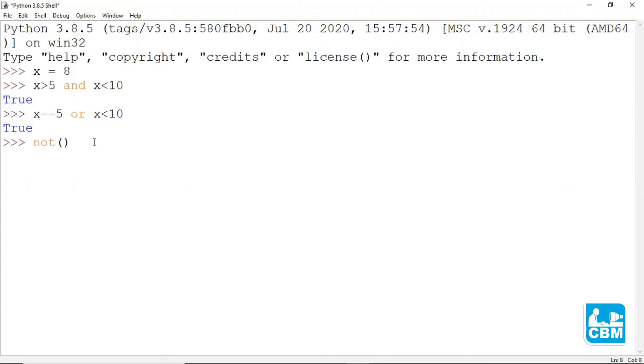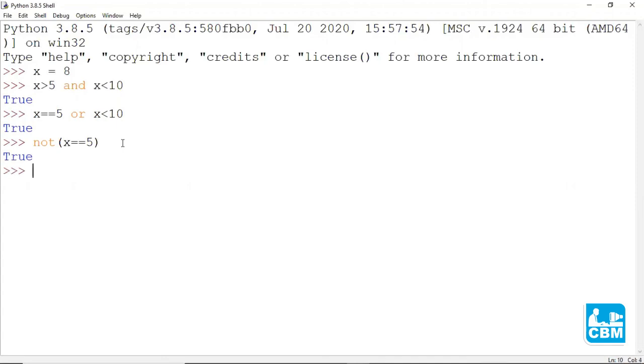Not x equal to 5. Here x is not equal to 5, so this statement is false. But since we have used the not operator, it will return true.